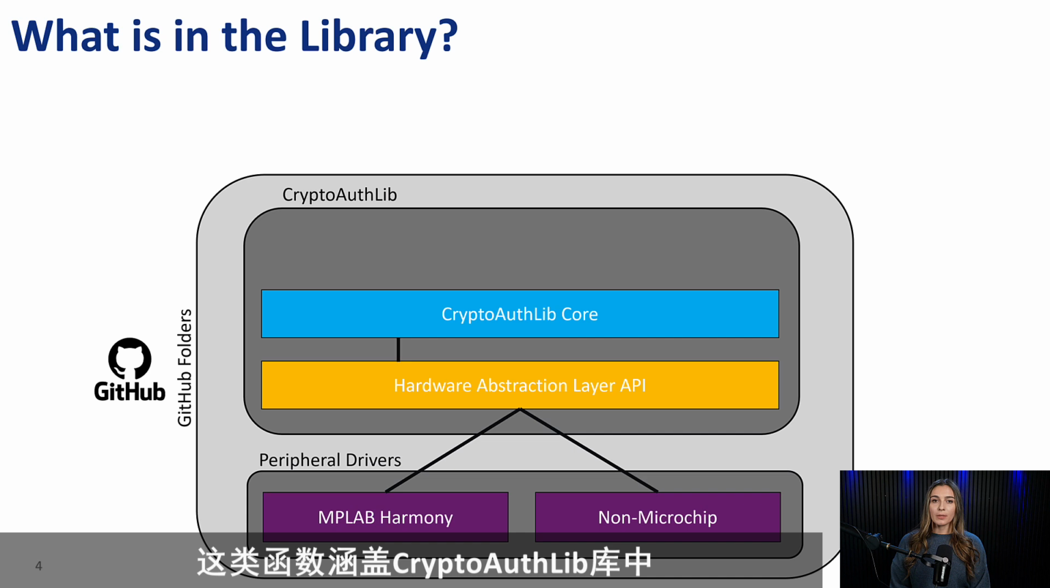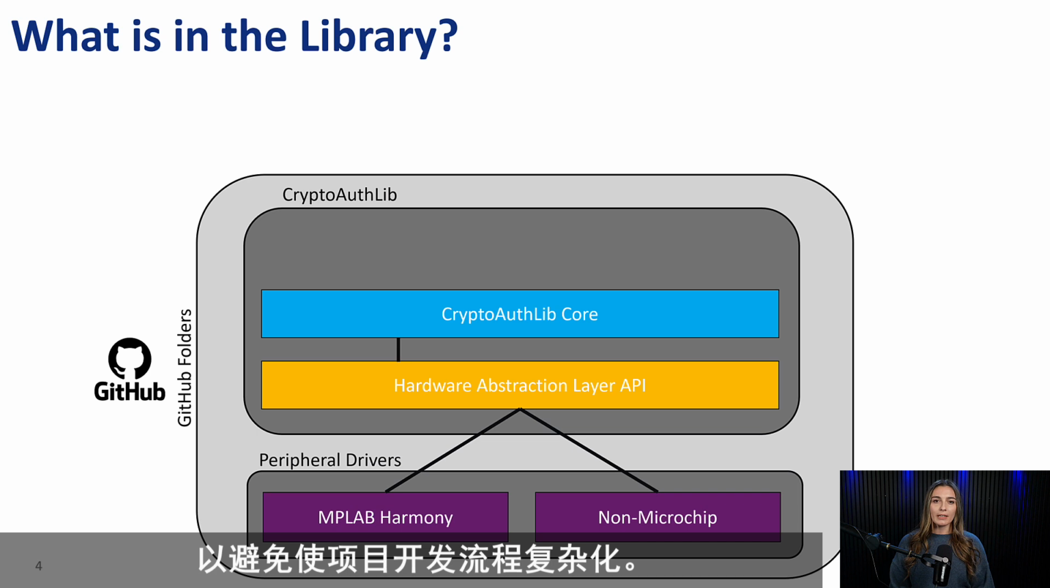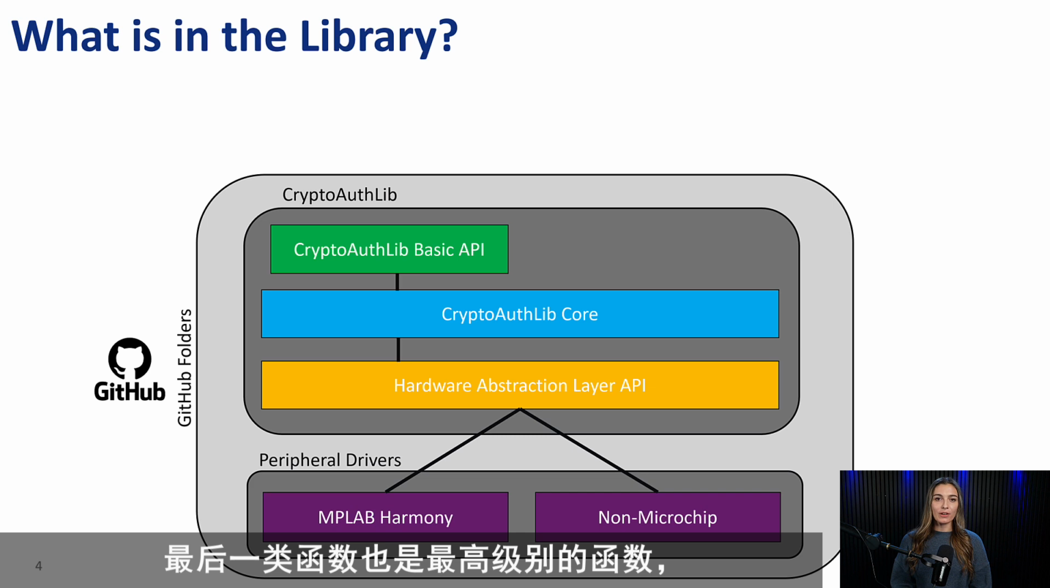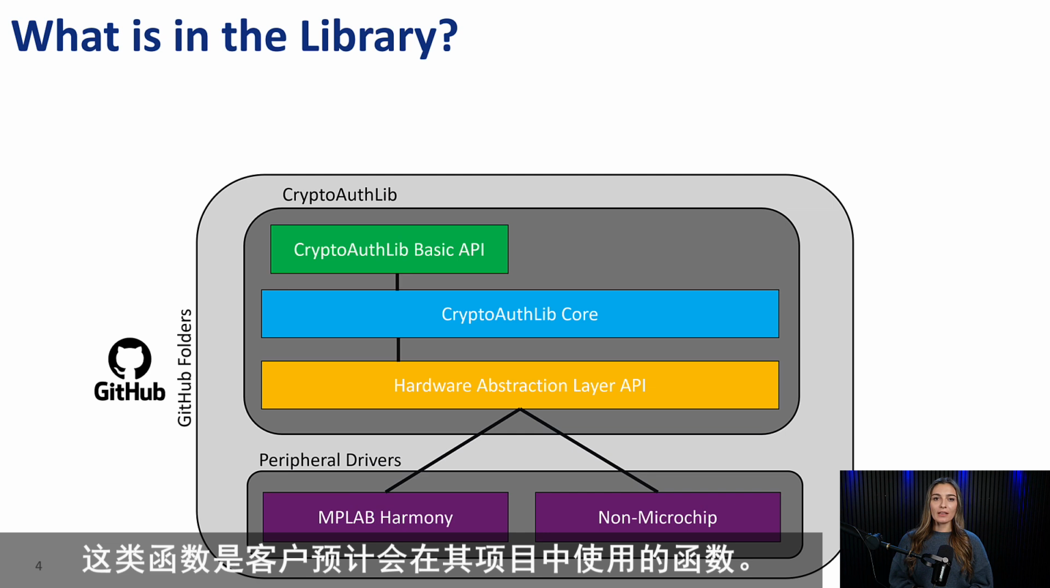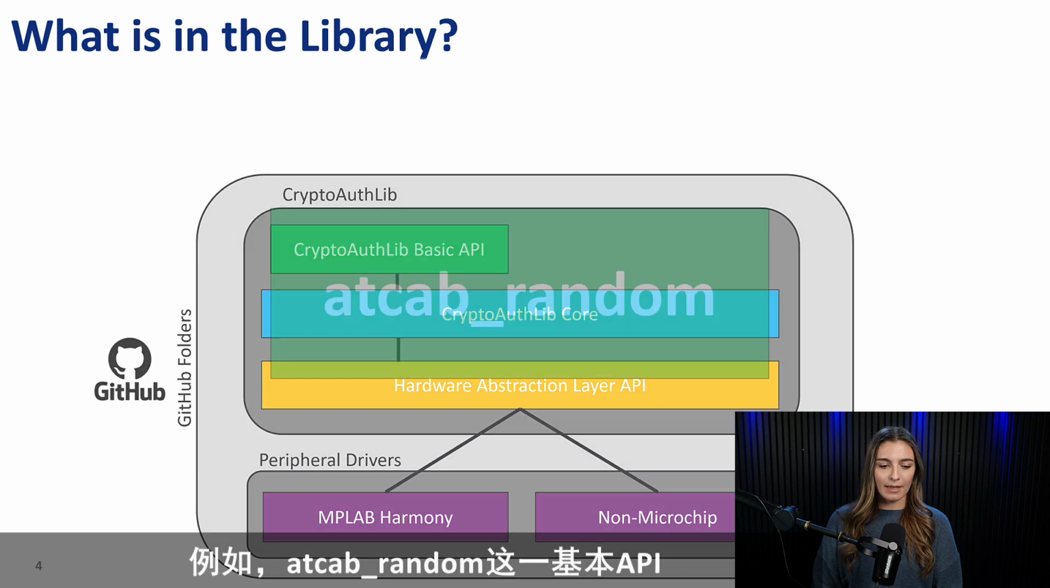These functions encompass all finite operations available within the CryptoAuthLib library. Users typically do not directly implement these into their projects to avoid complicating the project development process. The final and highest level of functions are known as CryptoAuthLib basic APIs. These are the functions that customers are expected to use within their projects. These APIs orchestrate the execution of specific CryptoAuthLib core commands in order to carry out each step within a use case. For instance, a basic API like